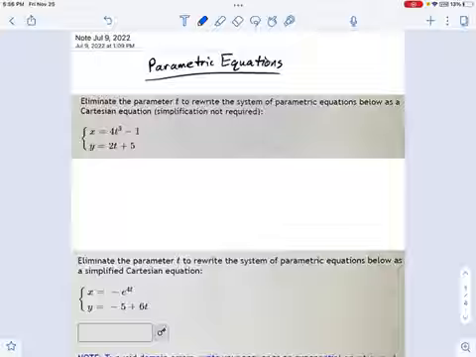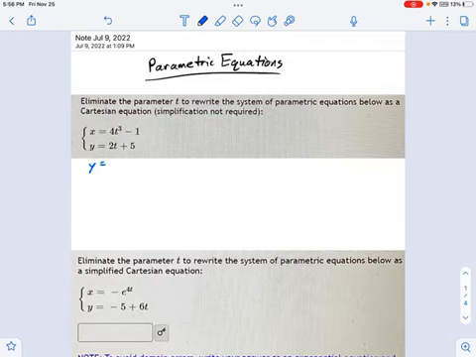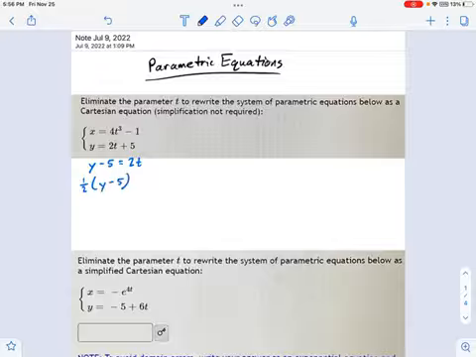So the way you do that, if you remember how to solve systems of equations, is let's work with this easy one. I'm going to say, let's subtract 5 from each side. And y minus 5 equals 2t. Okay, no one's going to argue with that. And then what if we say, okay, divide each side by 2. So 1/2 times y minus 5 equals t. Well, that's what t is.